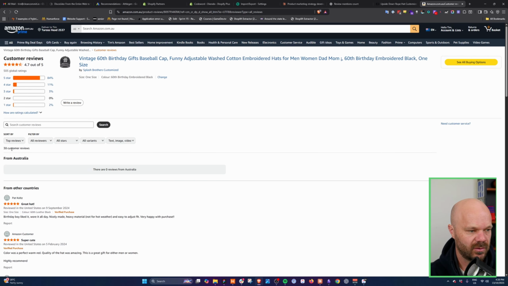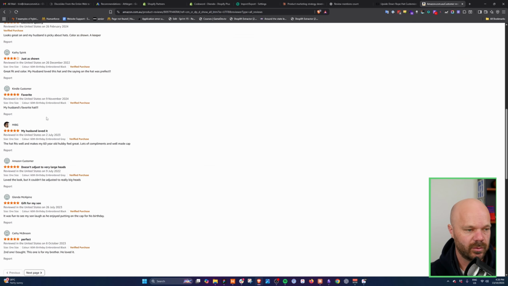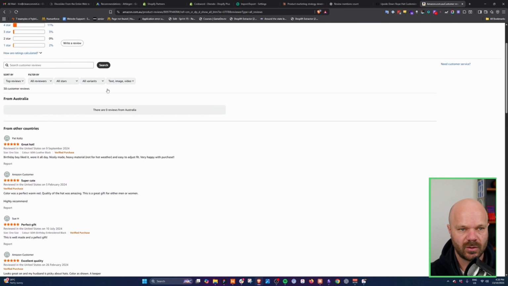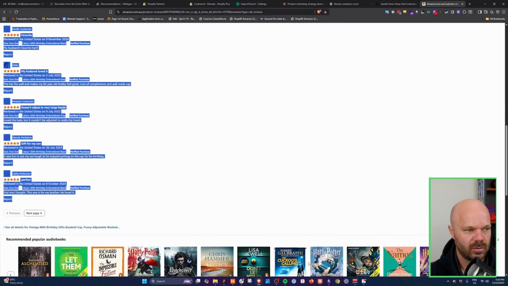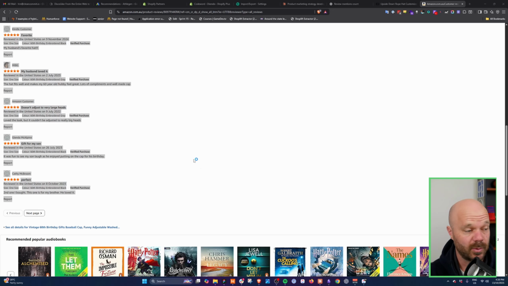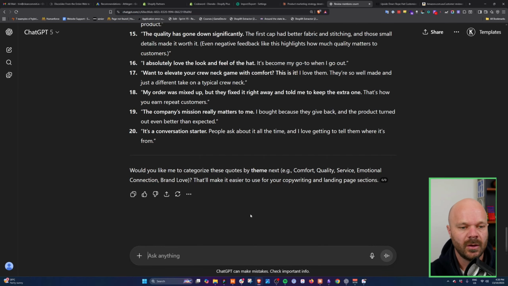Unfortunately, Amazon doesn't give you a good way to get all of the reviews at once. I'm sure there's a way to do it through their API or through scraping, but for the sake of moving quickly, we're just going to copy and paste these into ChatGPT. Oh, just clicked on the wrong button again. So what we're going to say to ChatGPT is,